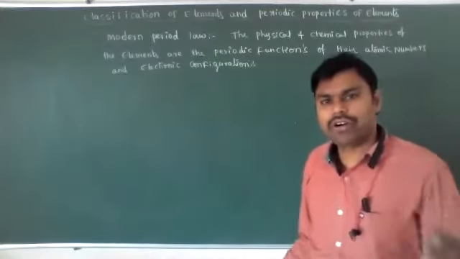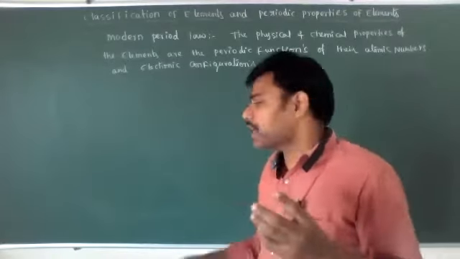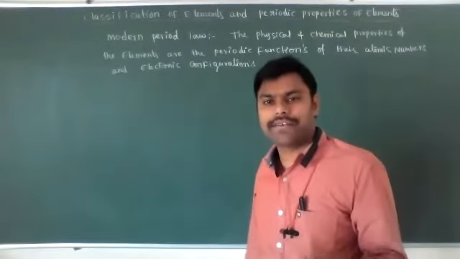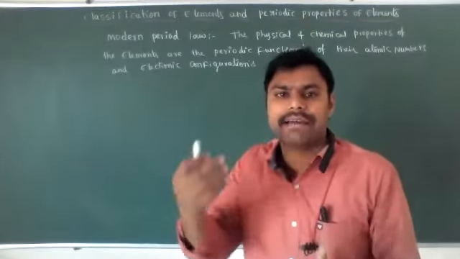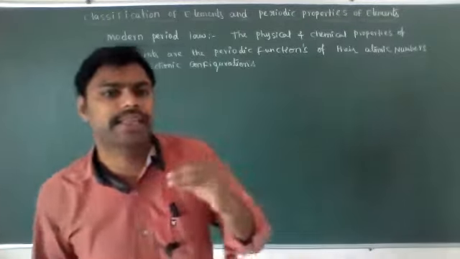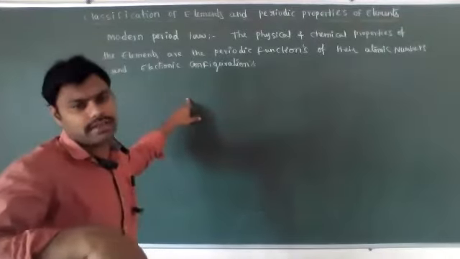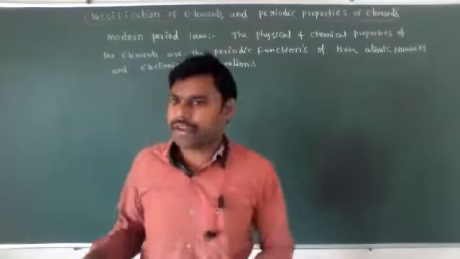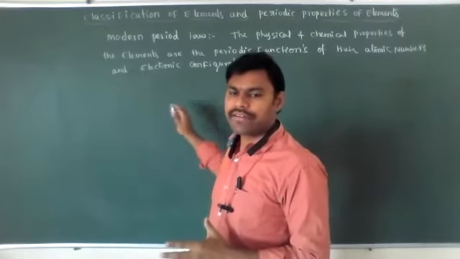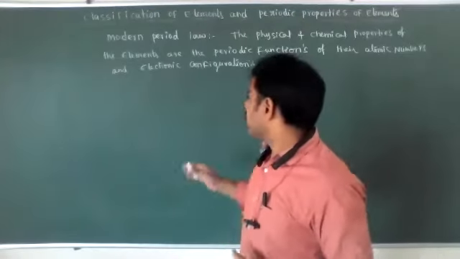So in the modern periodic table, additionally, they also consider the electronic configurations. If we consider the electronic configuration, we can identify their chemical properties very easily. Based on the atomic number only, we can't identify their chemical properties. With the electronic configuration also considered, we can classify their similar chemical properties, how they vary, increasing or decreasing, and their physical properties also.